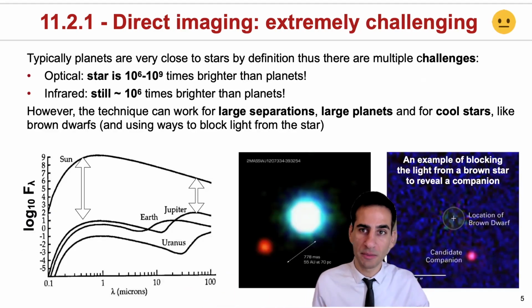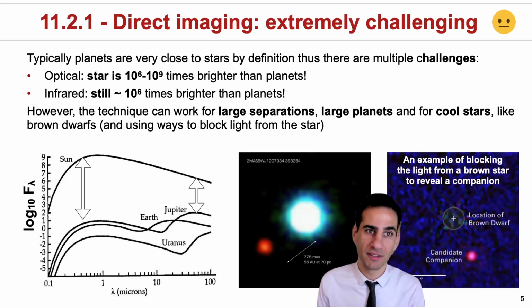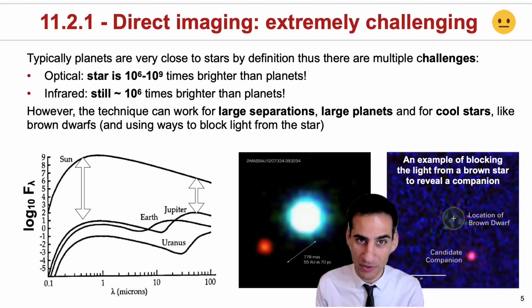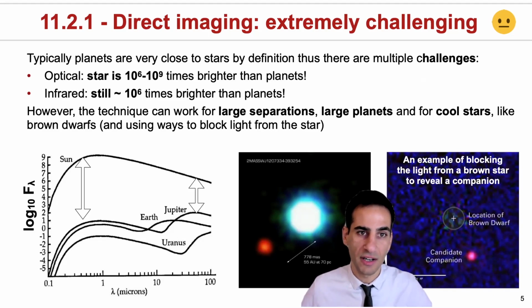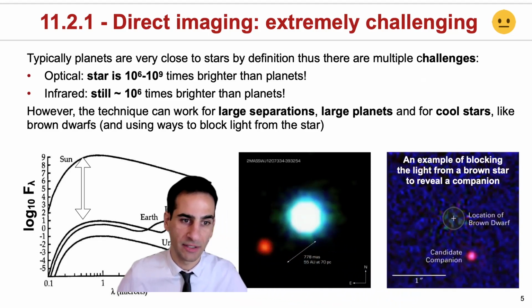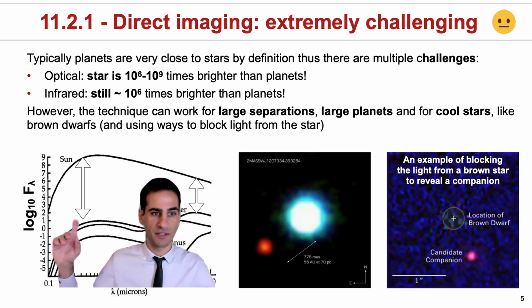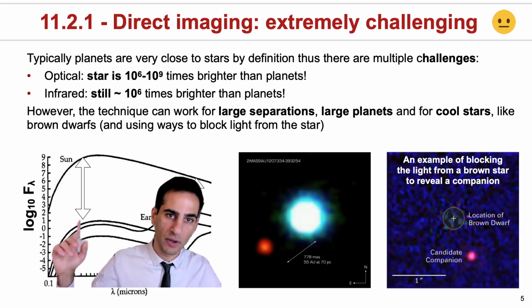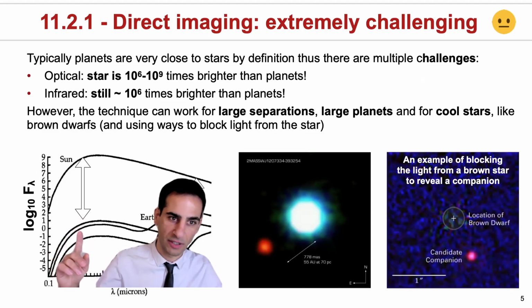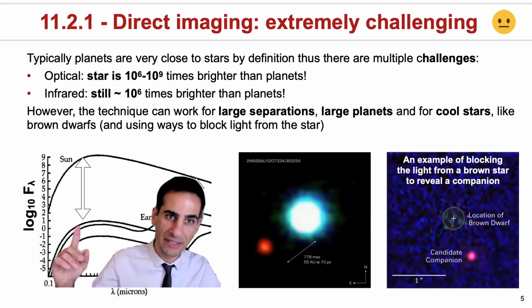Direct imaging is extremely challenging for a lot of reasons. Typically, planets will be very close to their stars. That's by definition. I mean, they establish a bound system. Therefore, there are multiple challenges. On one hand, the star is way brighter than the planets, and especially in the optical, as you can see here, we're talking of something like 1,000,000 to 1,000,000,000 times brighter. It's really hard to have the contrast to distinguish something that's 1,000,000,000 times fainter than the